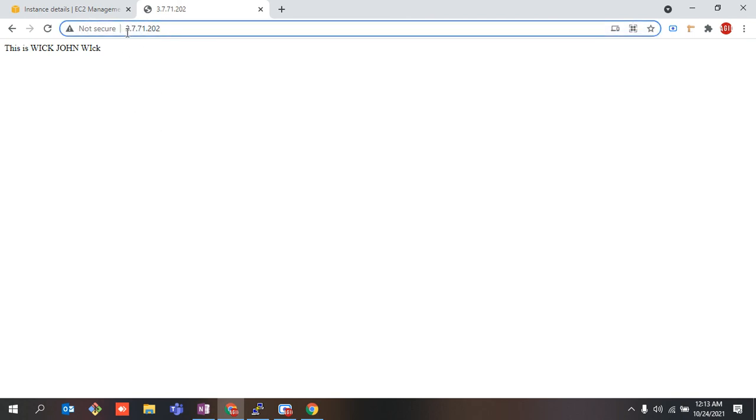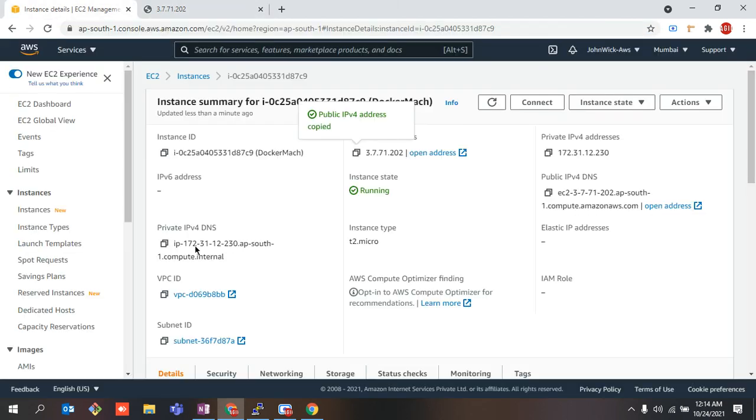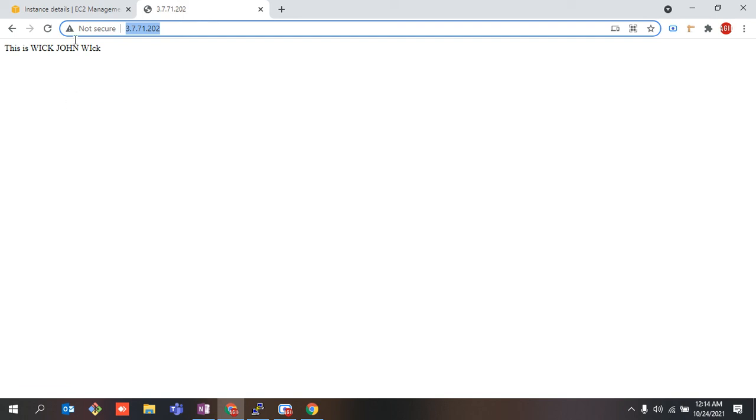This is the IP of my EC2 instance on which I have installed Docker, right? So the ports have been mapped, and whatever request goes to the IP of this EC2 instance will simply allow you to access the application running inside the Docker container. I have not created it on my EC2 instance. This is running inside the Docker. So this application has been Dockerized, you can see, right?